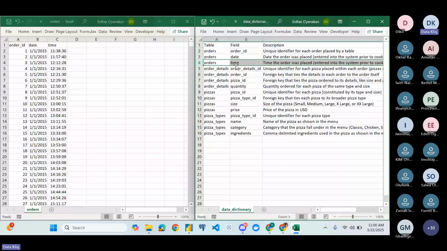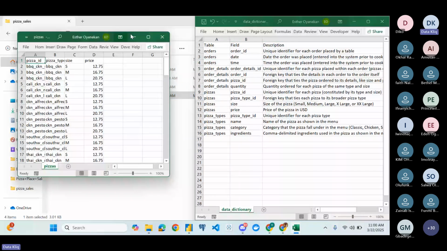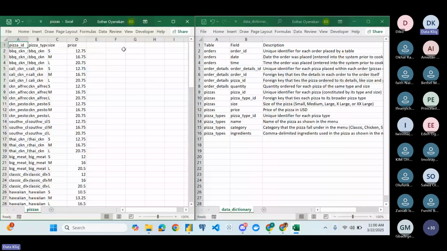We also have the pizza table. So let me open our pizza table. Yep, so this is our pizza table. We have pizza ID. This pizza ID is also the common column. If I want to join my order details and pizza